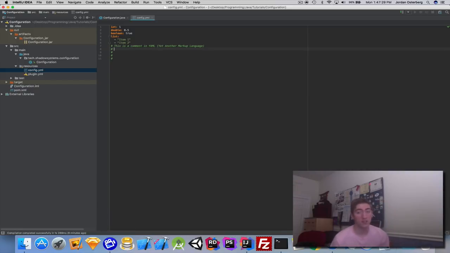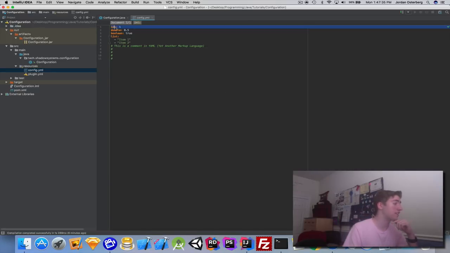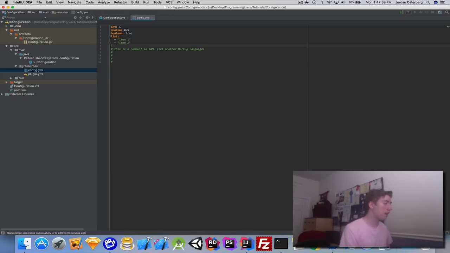Configurations have these things called keys and paths. Now, a key is something at the right here. So this int is a key. But if I was to say, I don't know, like Jordan dot, and then I do spaces, and then I say Osterberg, and then make that equal to 5. This is my path. I say Jordan.Osterberg, and this is what I type in if I want to access